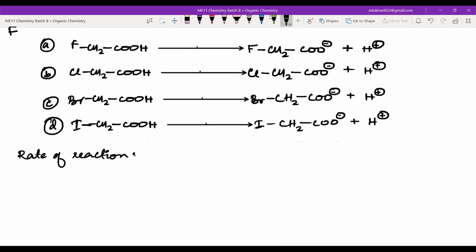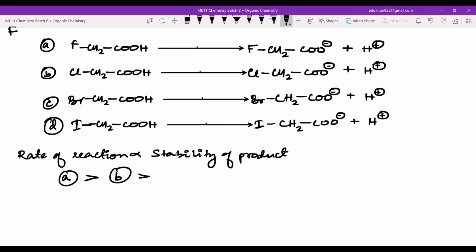So I can say the rate of reaction will be directly proportional to the stability of the product. In this case, our product is the anion, and we have already looked at the stability of the product. So in this particular case, the rate of reaction is A most reactive, that means the reaction happening in A is the fastest, followed by B, followed by C, and followed by D. Yes or no? All of you agree with this? Yes, sir. Okay. Now one more thing. If A is the fastest, that means A has the ability to protonate, to release the H+ ion most easily. Yes or no? Amongst the four,